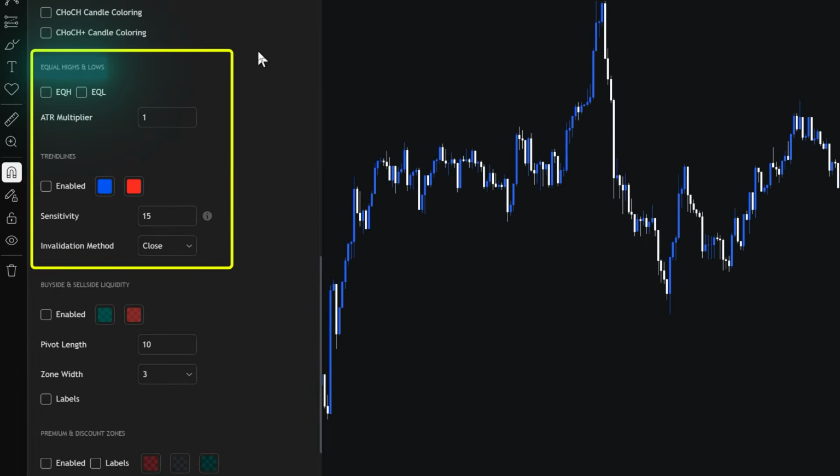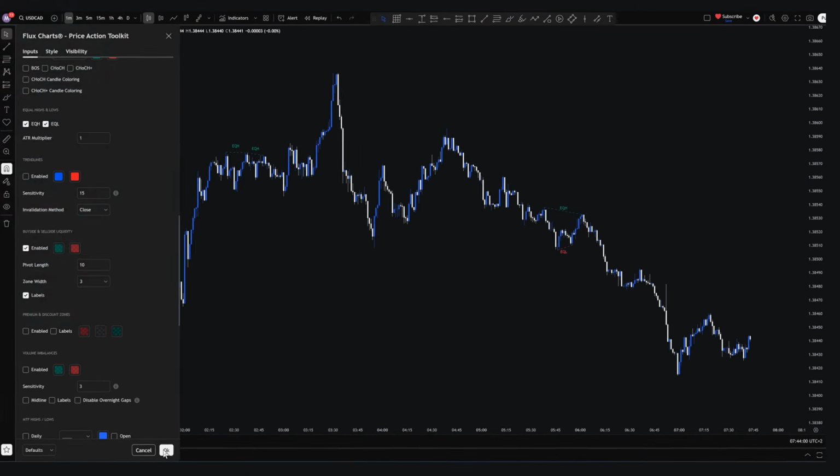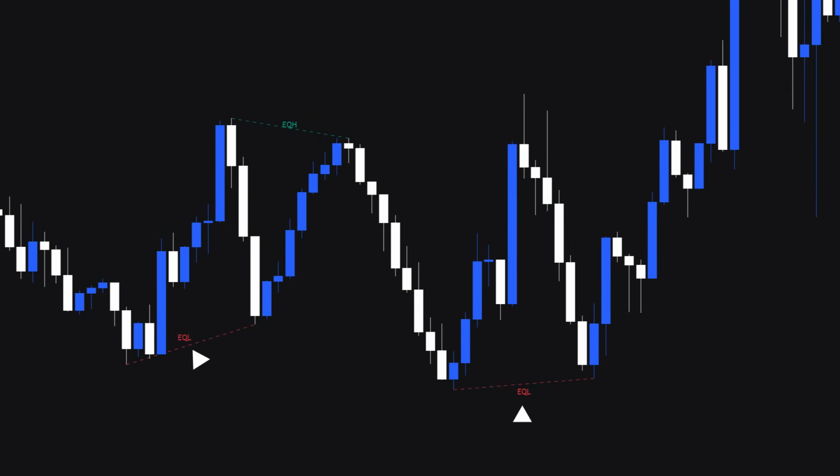Next, let's talk about the next two features of liquidity levels: equal highs and equal lows, and how they connect to buy-side and sell-side liquidity. Equal highs and lows form when price reacts at the same level more than once. These areas attract attention because many traders watch them, and that often makes them prime spots for liquidity sweeps or